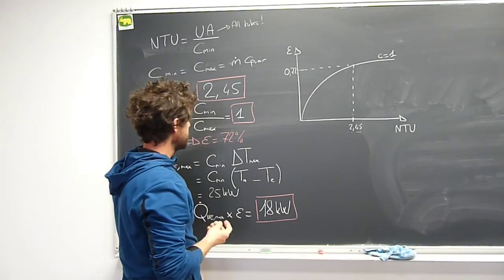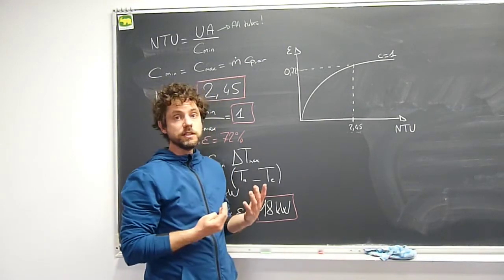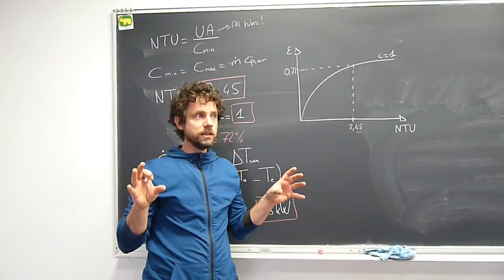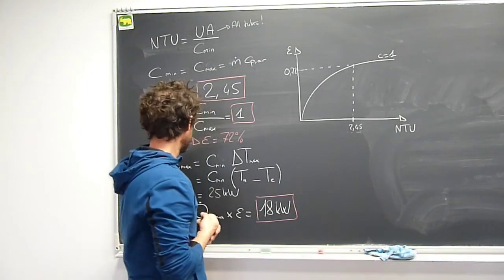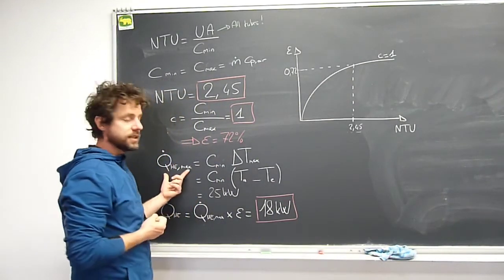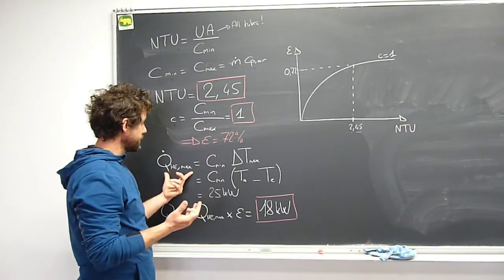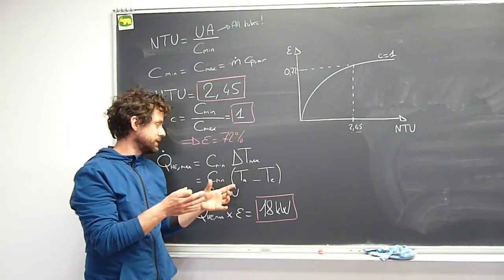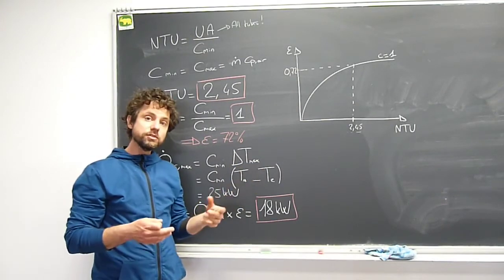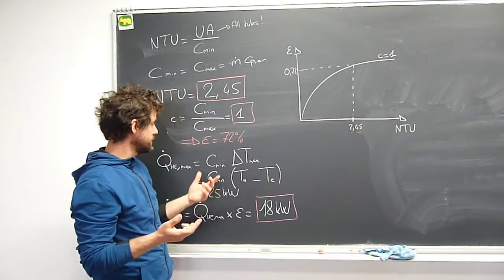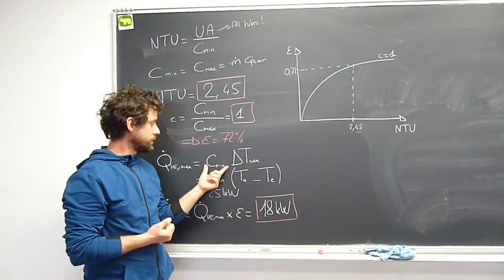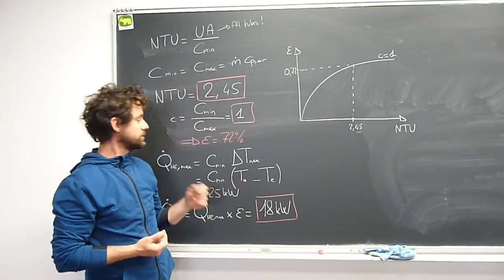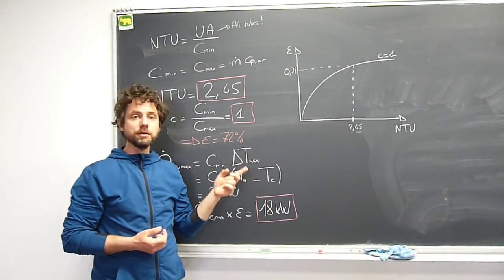So now that we have the efficiency, we can use the efficiency to compare the actual heat flux we have to the maximal heat flux that we could have. So in that case, we will first calculate the maximal heat transfer rate, and this is defined as the heat capacity rate of the limiting fluid multiplied by the maximal temperature difference that this fluid could have in the heat exchanger. The limiting fluid can be any of both fluids because we have found that C min is equal to C max, but the maximal temperature difference,